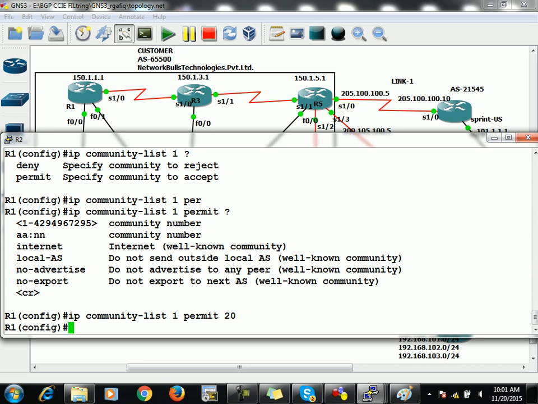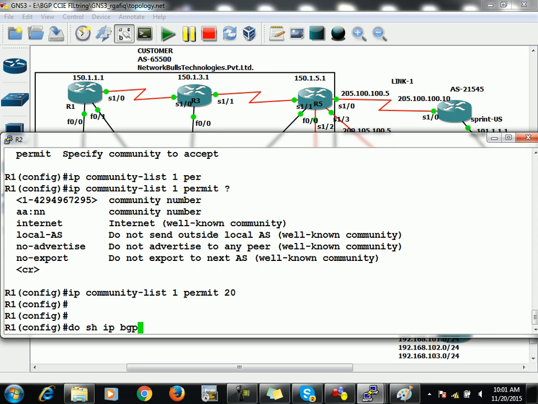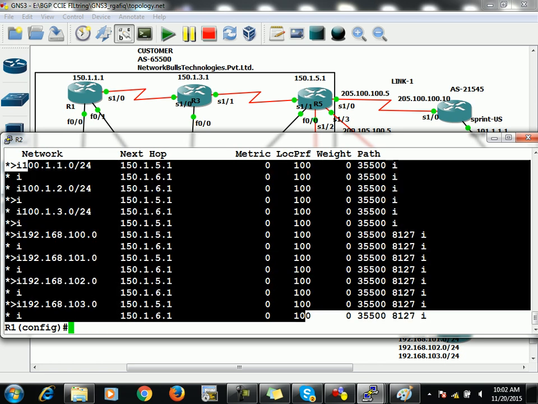Fine, that's all. Now you see, in show ip bgp, for all prefixes the best path is via R5. For all those prefixes which are coming with community value 20, I want to define the best path via R6. So I have already matched all those prefixes using the community list. Now you do one thing,